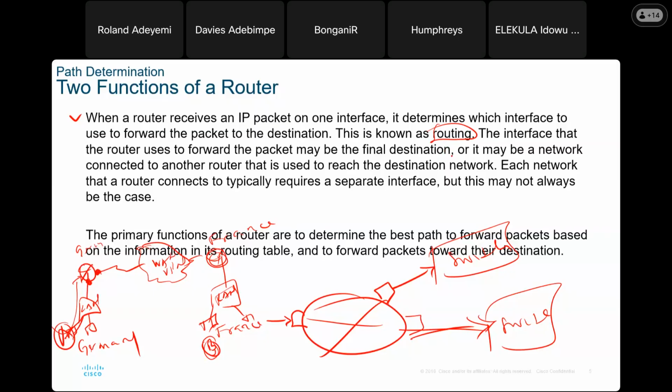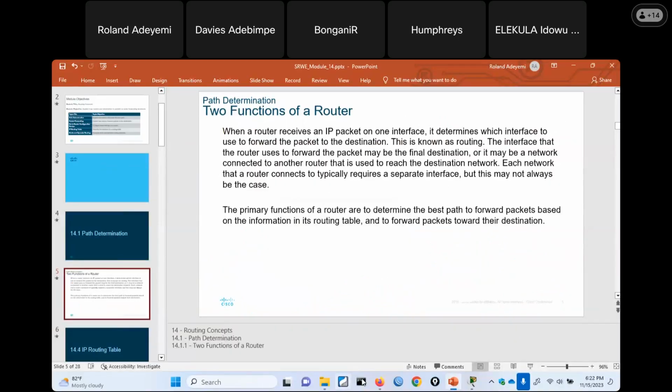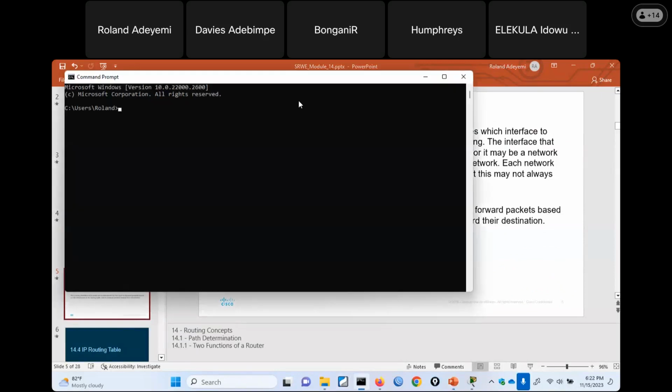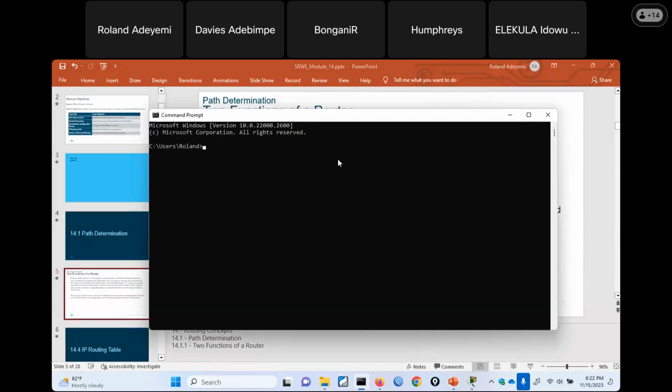Let me give you an example. If I want to go to Google now from where I am right now, how many routers will I pass through? I don't think I've ever demonstrated that in this class. There's a command you can use. It's called tracert,